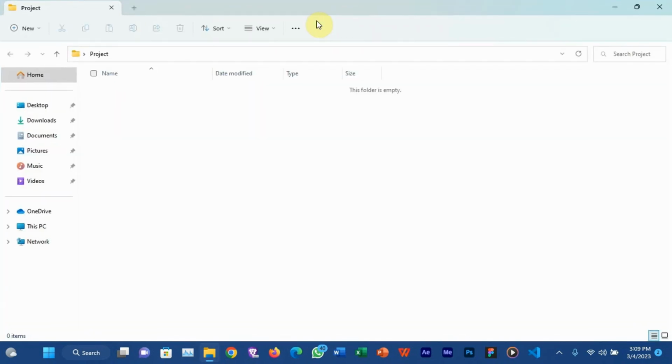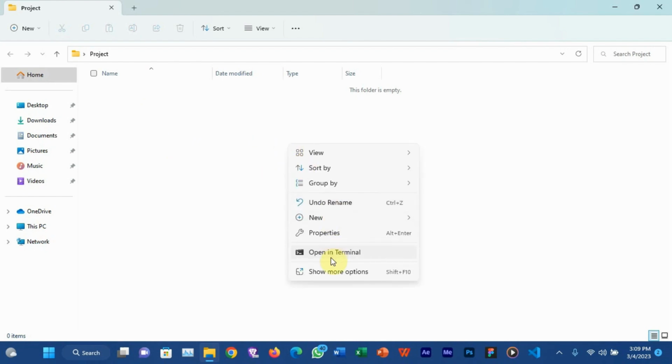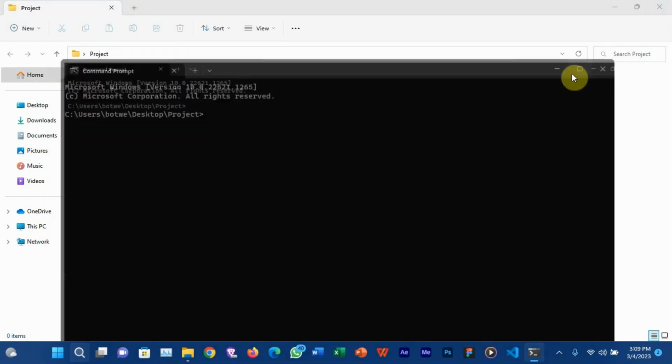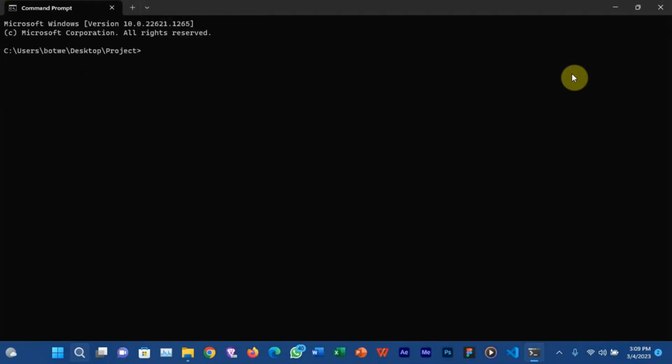Okay. And then within this project folder, I'm going to create my virtual environment. So I'll just open this folder inside my terminal. I'll be using virtualenv to create the virtual environment, so you can just pip install virtualenv.